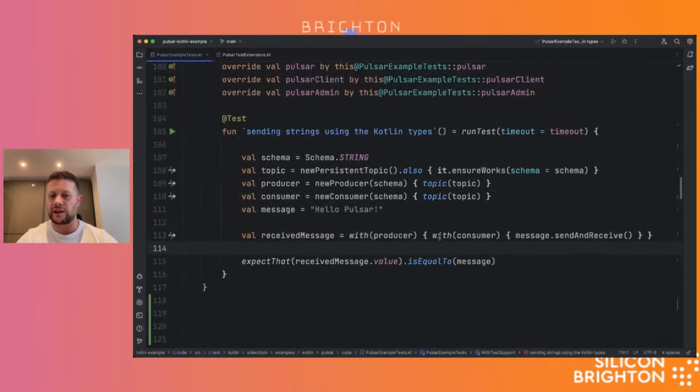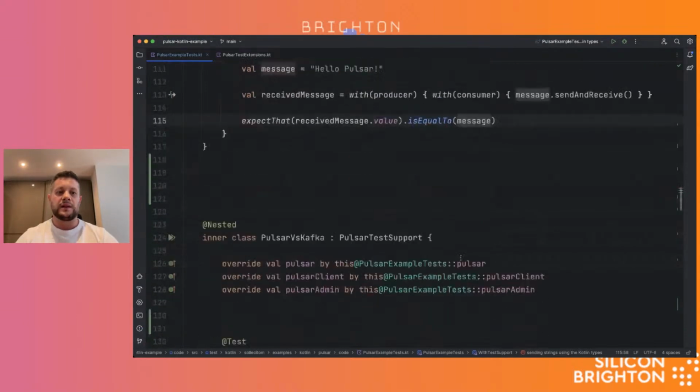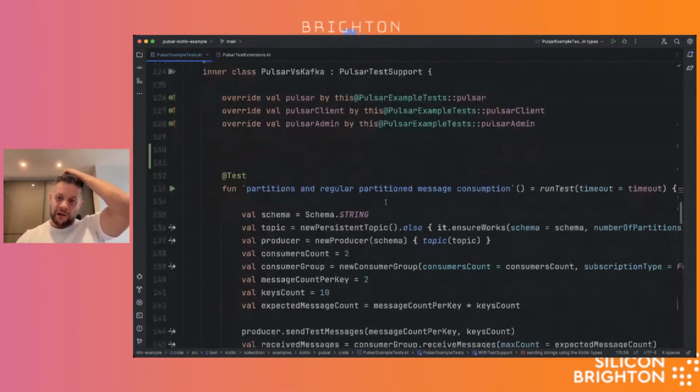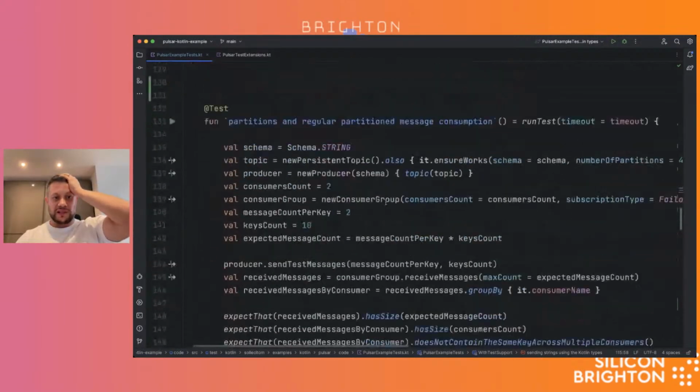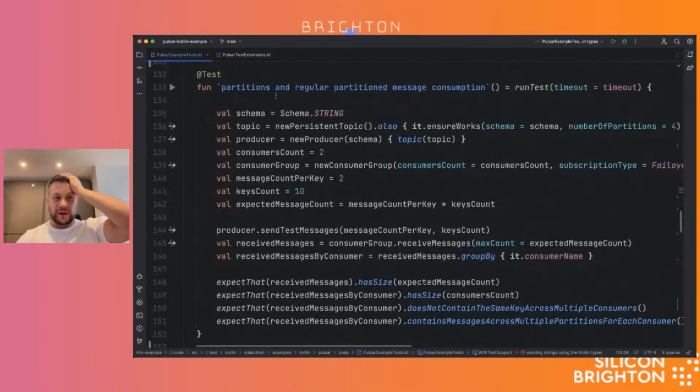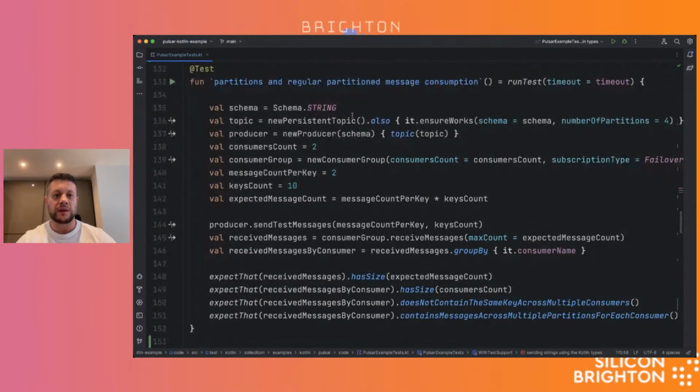Now, this function is arguably not the most convenient, so I don't know if in the future, perhaps the Kotlin fork will want to facilitate something that looks like this instead. But anyway, now let's look a little bit at how Pulsar is different compared to Apache Kafka when it comes to partitioning, which is a really big difference. It is also why I personally prefer it.